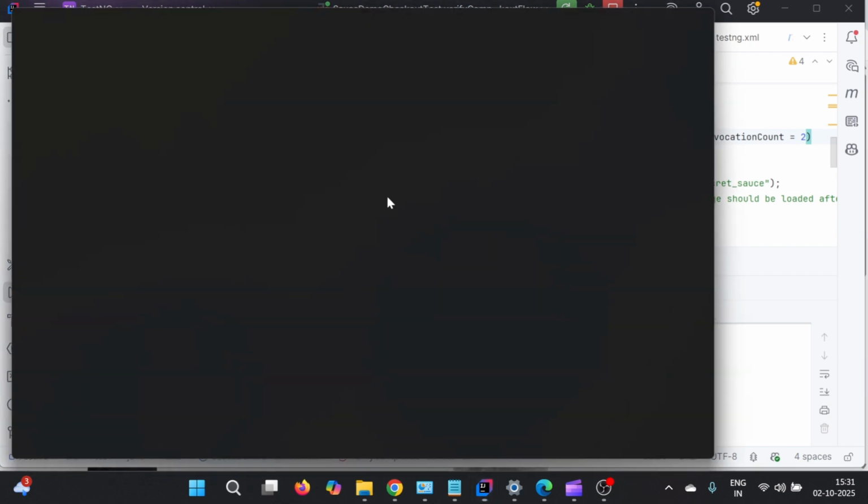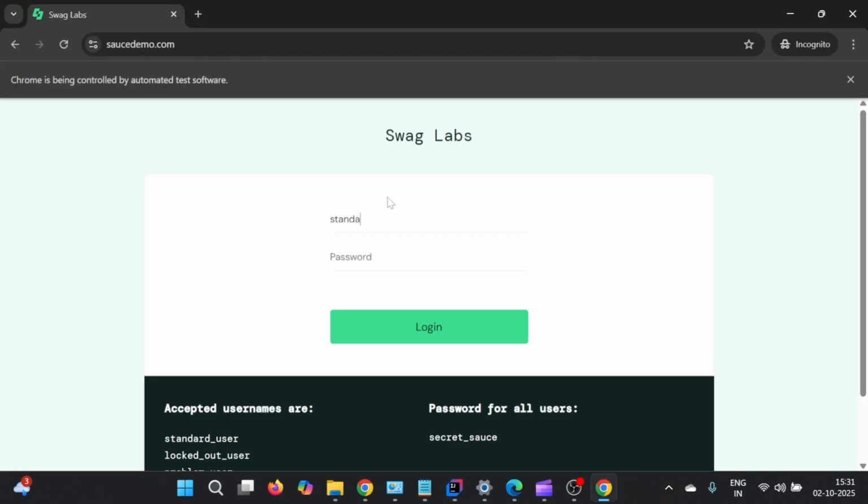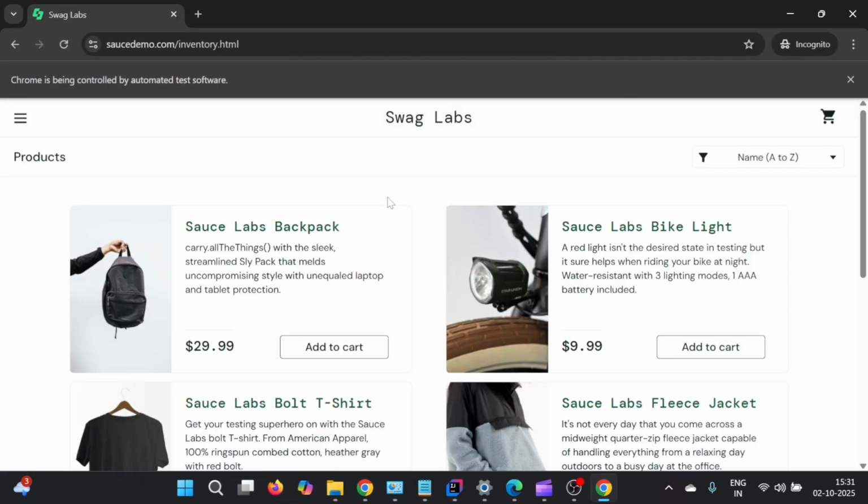So it completed once. Now it is going to re-execute the same test case again, right? So invocation count is used to execute the same test case again and again,